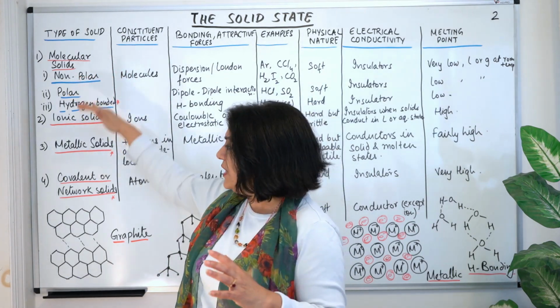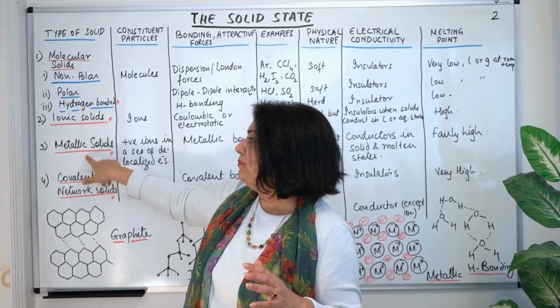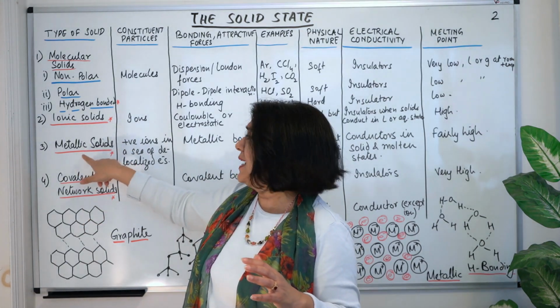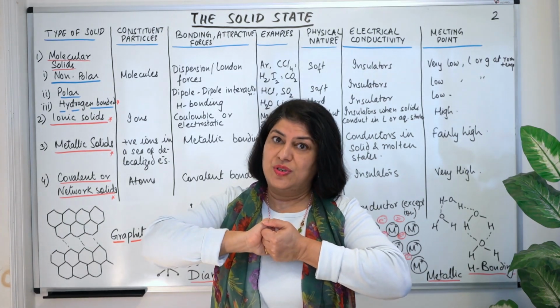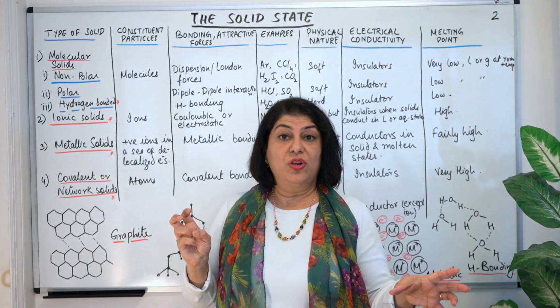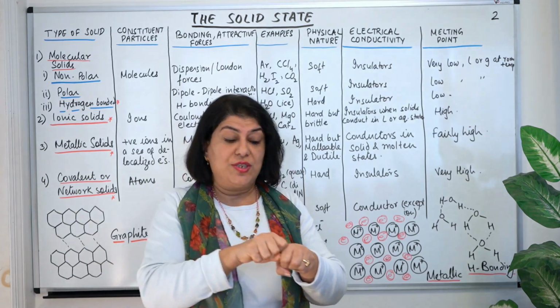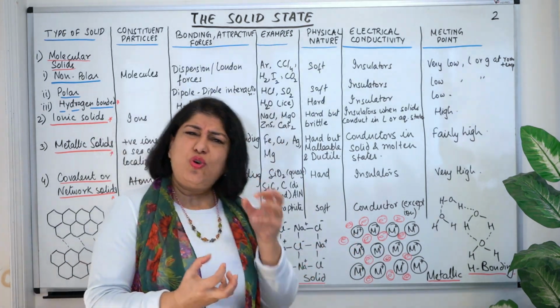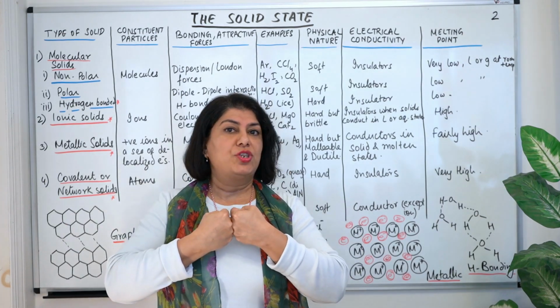You do not have bonds in any of the other, of course covalent or network solids have bonds. But ionic solids and metallic solids do not have chemical bonds. There is no shared pair of electrons in them. The ions are formed by complete transfer of electrons, and the ions stay together due to Coulombic forces. And these Coulombic forces are so strong that they keep the ions together, and they are rigid solids,